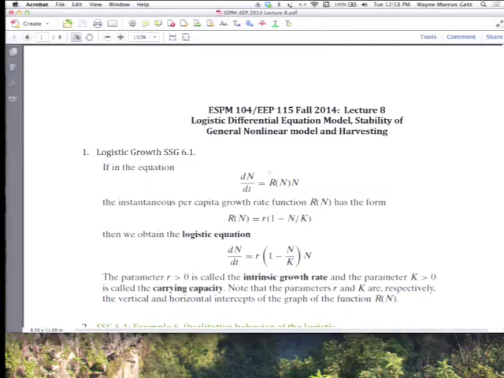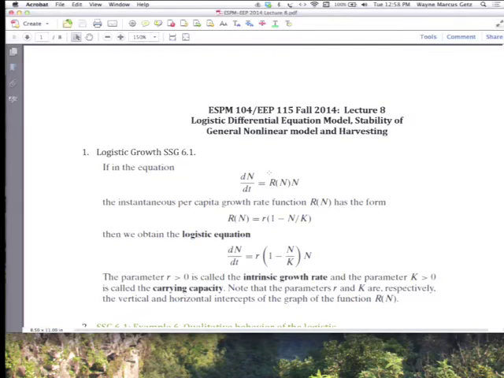Okay, so we start out at N0. Let's say it's small. The population, when n is small, n upon k is small, this is close to 1, the population is growing like just this term, which is an exponential growth. And then it keeps increasing, and it's at its maximum growth over here. Now, as n approaches k, this term approaches 1 minus 1. It approaches something very small. So you're multiplying this by a small number, and this number, as n gets closer and closer to k, gets closer and closer to 0. At n equal to k,